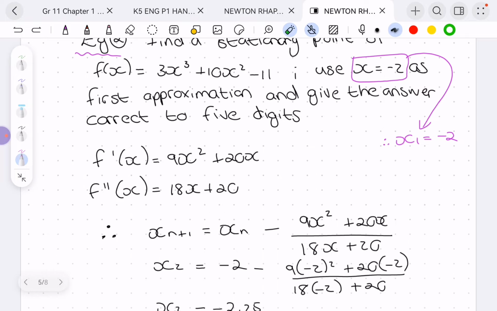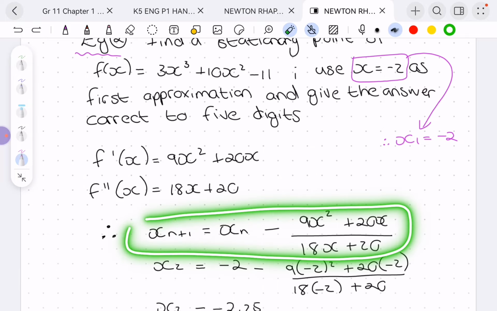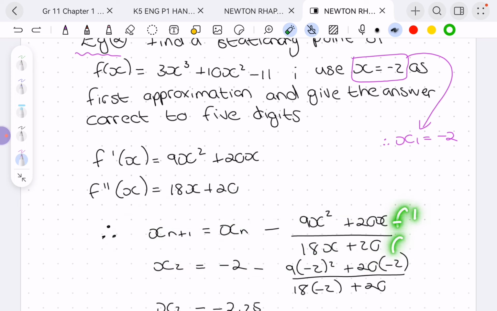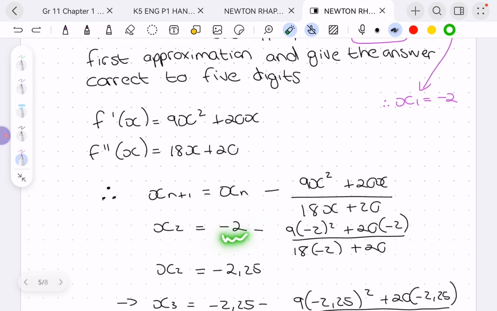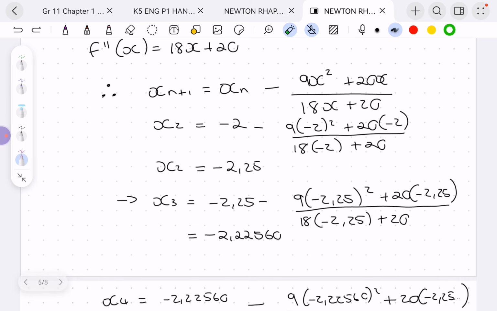I can still use Newton-Raphson's method, which says I take my first approximation minus my first derivative divided by my second derivative. Here's Newton-Raphson's formula. So I substitute my first approximation, I put my negative 2 in, and I get an answer that's even closer. But as we say, correct to 5 decimals, I have to do that again. You do not have to write all of this out. You can just press equals on your calculator if you have put this into your answer button.